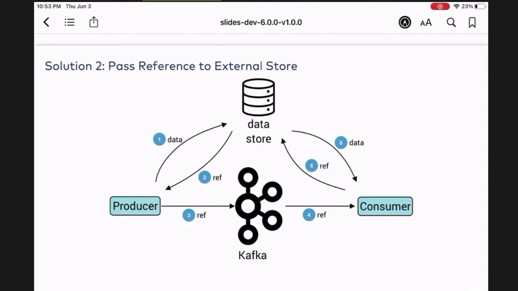But the whole point is, the consumer can use that reference to get your data and process it. The consumer will read the reference and retrieve the data from whatever external system you're using. Some people call this the claim check. Very similar to a schema registry type of setup.